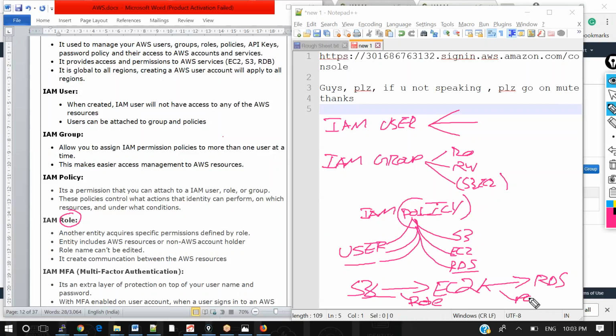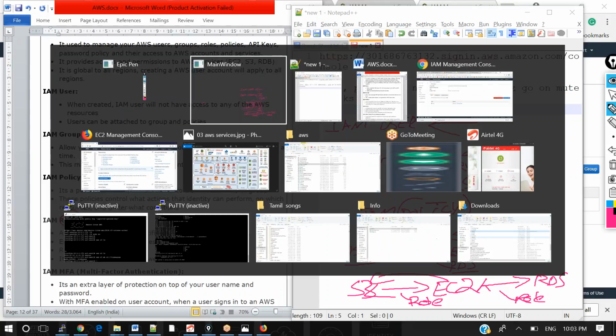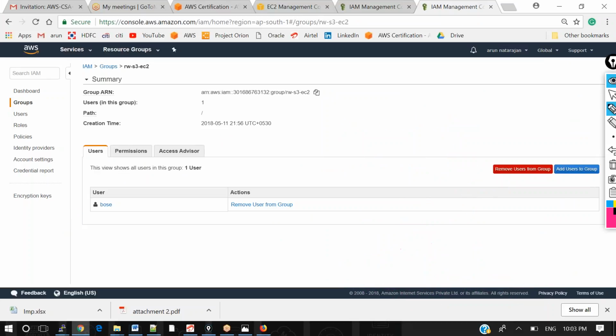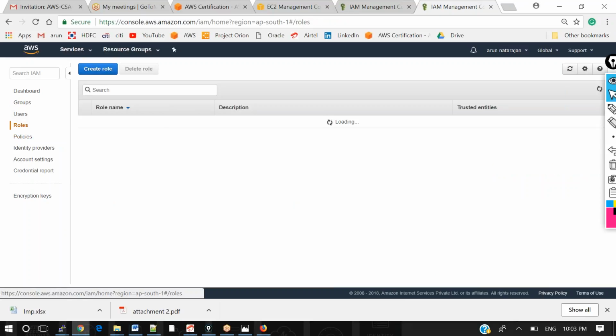When you add a role between the services of AWS, they are able to communicate. So when you want to access your S3 storage bucket from your server, only if you have a role can you access your S3 bucket from your instance, that is from your server. Okay, right. So now let us create a role.